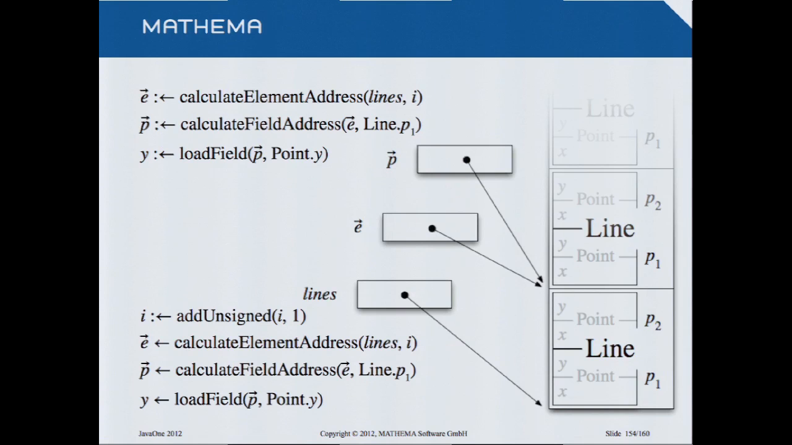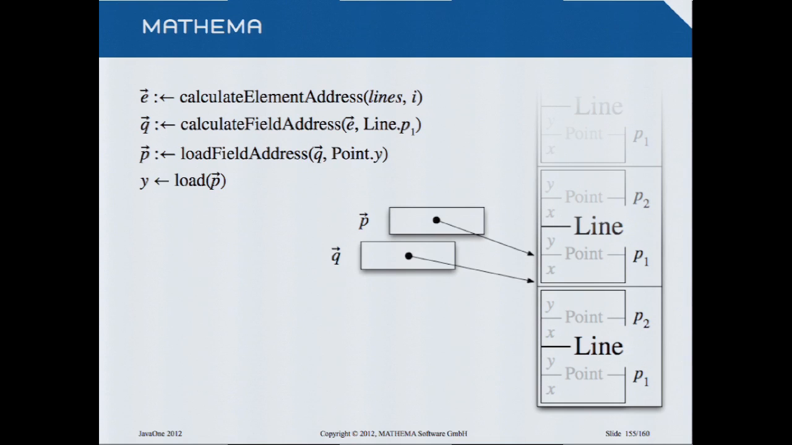If we can now incorporate this, then we have an advantage. First, it seems that everything is the same. Calculate element address, so it calculates the element address of the specific line. Then we get from the line the specific field address, which is the point. And then from this address, we get the field, the y. Okay, and if we do it again, we have to do it again. Fine. But we know